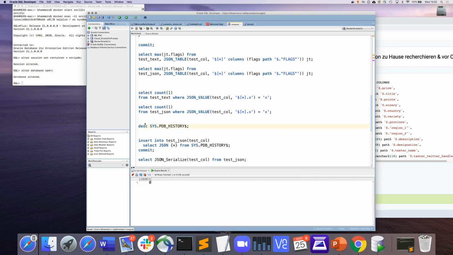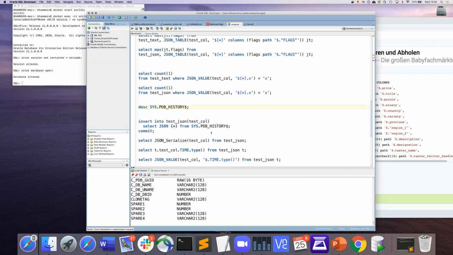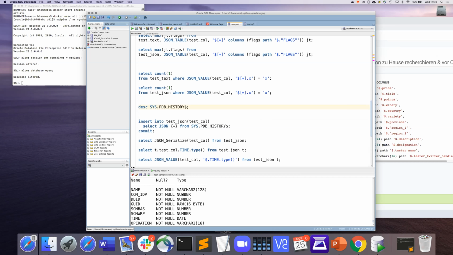There is one other aspect to show that. I create some JSON data using this dictionary view, and this has a field called time. And that data type is a date. And if you remember, initially I said JSON does not have date or timestamp support, and that is correct.